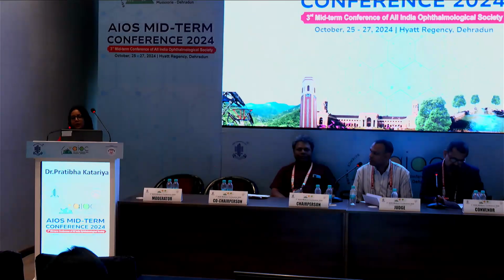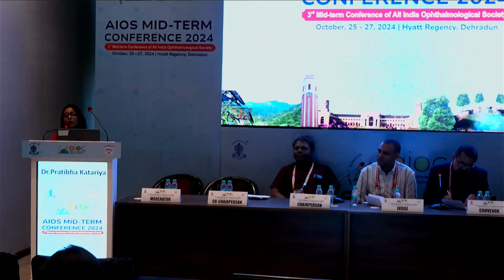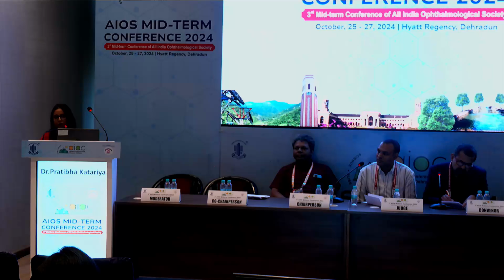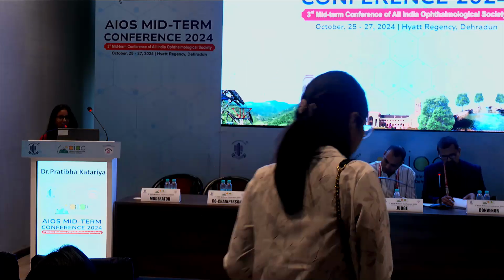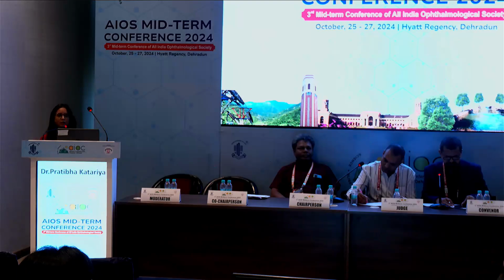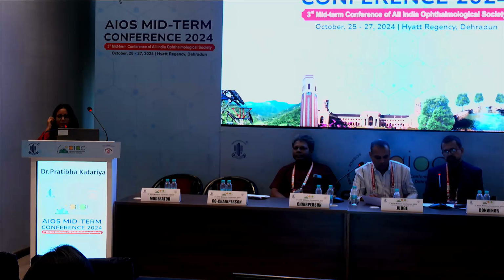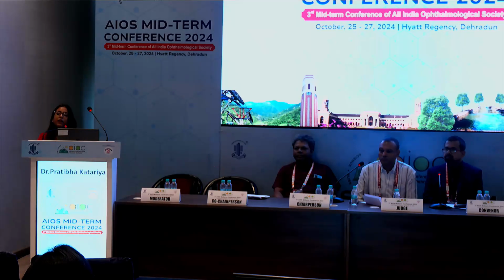Ma'am, in myopic anisometropia, we already know that in the same individual, the two eyes grow differently even under the same environmental and genetic influences. Why does this happen? We are just dealing with these things. We are finding why these things happen, like how two eyes can grow asymmetrically.